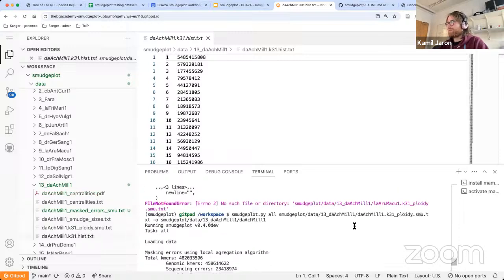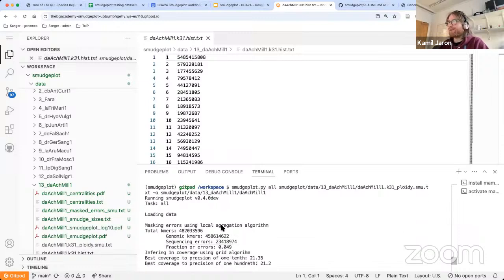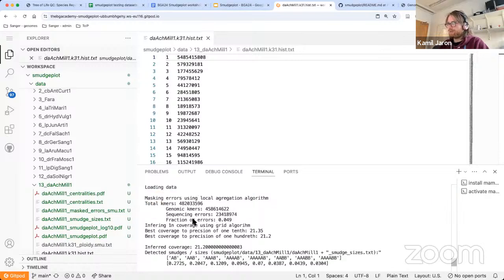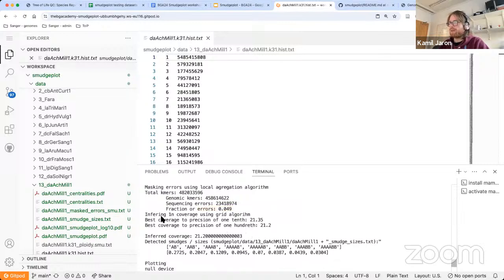Okay. So what's happening? It gives me lots of logging. That's good. I like logging. Oh yeah, it might relate to the fact that I wrote in the logging. Oh, it gives me what version is running, which is some sort of development version. The task zone, loading data, all good. It gives you some numbers about what is masked as an error. It's about 5% of the data. Why is it 5%? It is.